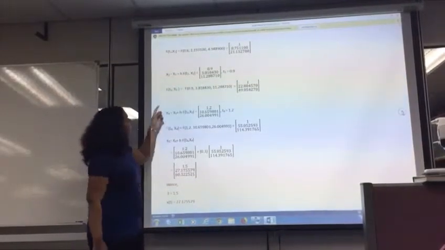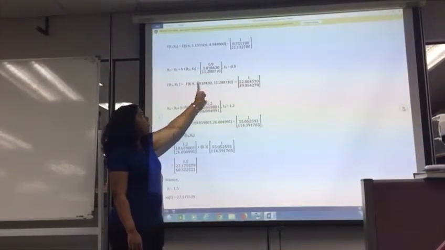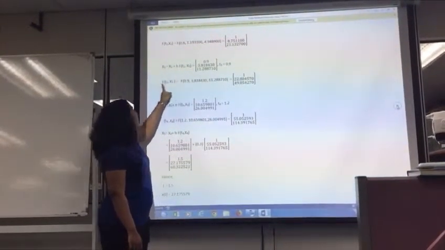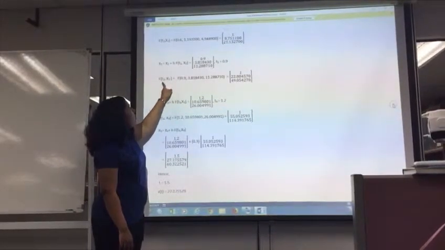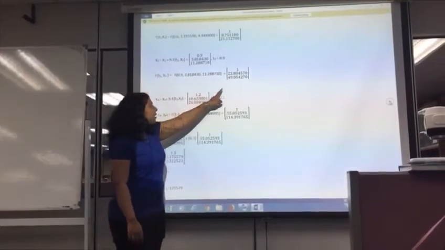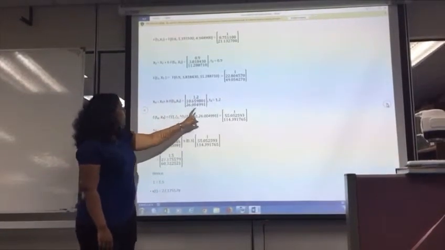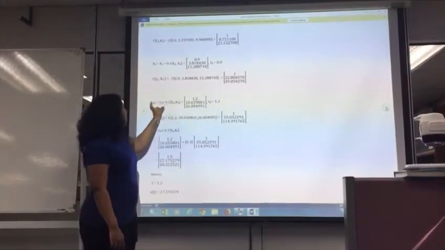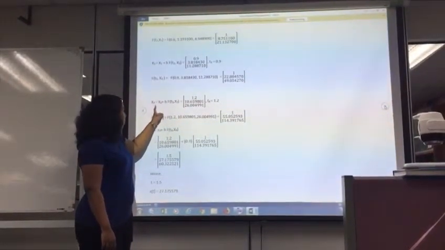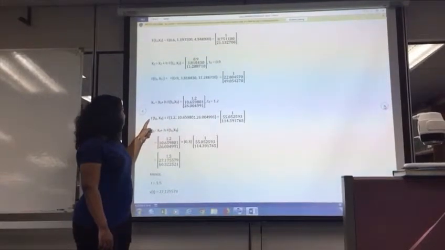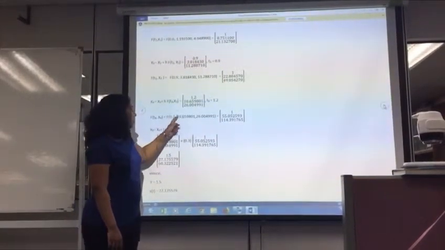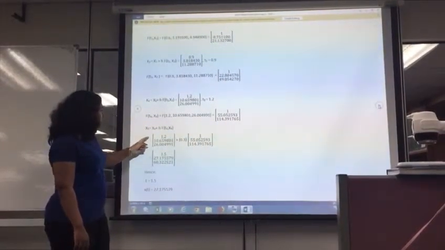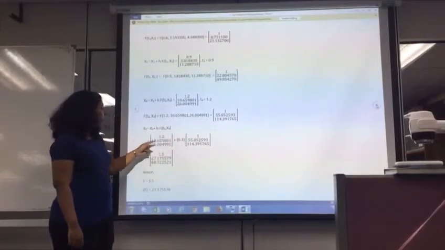For iteration 3, we have t3 equal to 0.9, and our x3 is equal to this value, and you substitute this into your f(x) function and you get this vector. In iteration 4, t4 is equal to 1.2, and you calculate your x4, you get this, and your f(x) function, when you substitute the values, you'll get this vector. And for t5, which is 1.5,